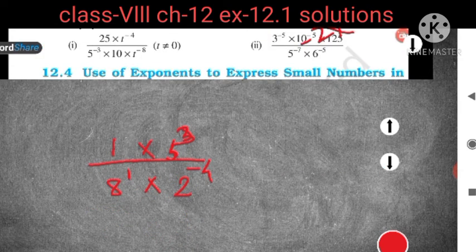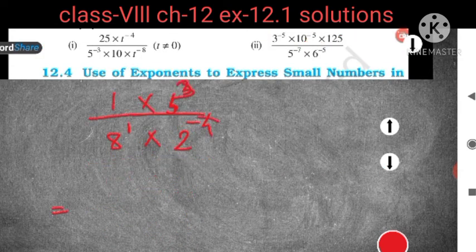Now this minus 4 also, if you are making the power positive, then this 2 will be in the numerator. Okay, so if they are in a fraction, it means what? If you want to make the power positive, they will change their place, isn't it? If it is in the denominator, it will come to the numerator, and if it is in the numerator, it will come to the denominator. So this 2 to the power 4 you have to write in the numerator. Then what is remaining down? 8 to the power 1 is equal to 8 only.